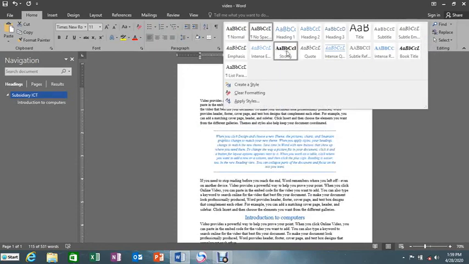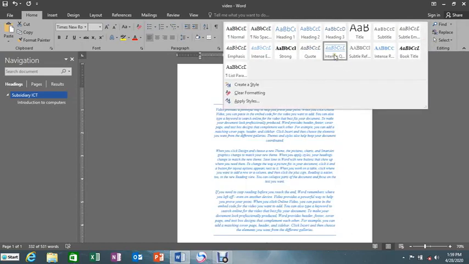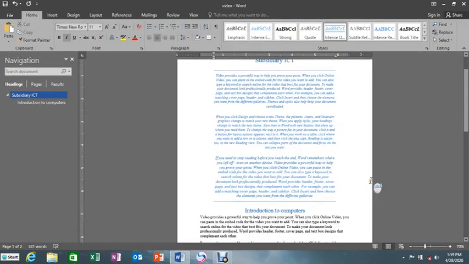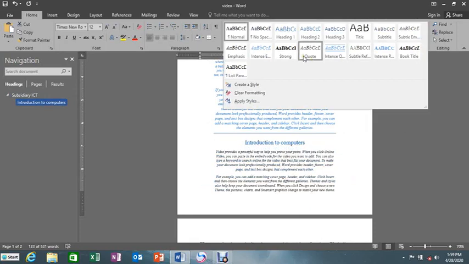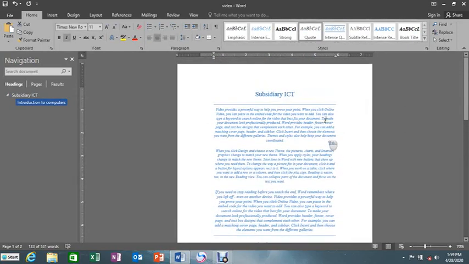Or if you want any other format, you can come and highlight it. Then you make it into any format or style that you really want. Let's say we want it in that format. Are we together? It comes like that. Then down here, we can also make this one into that format or any other format that we really want. We can as well change it to this format. Are you seeing our changes? So this is where we can apply styles onto our work, or you can as well come to that launcher